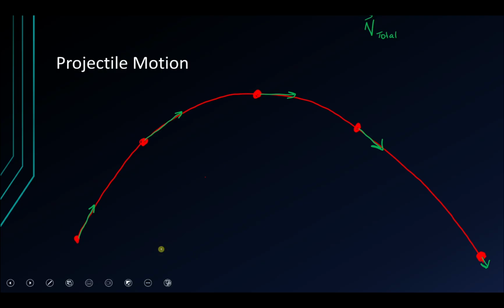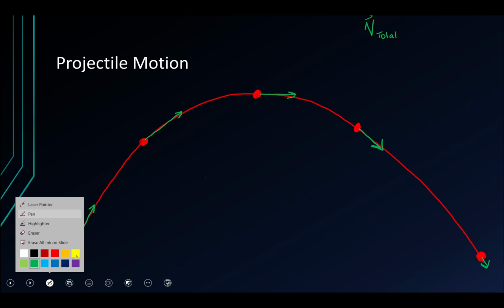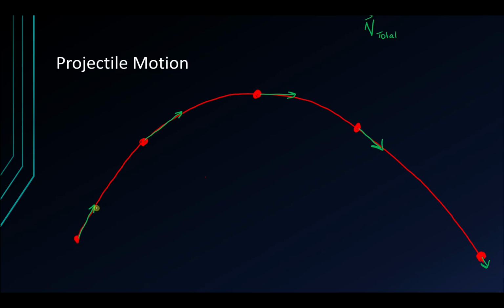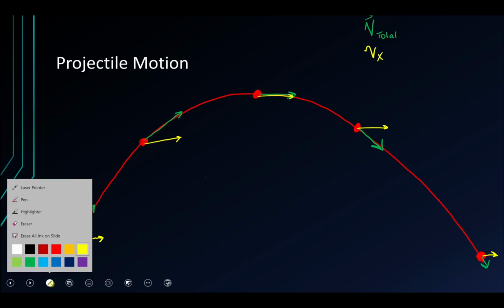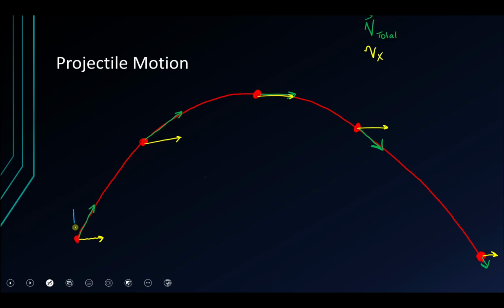So to do this, we're going to do right triangles, right? So the x component of the velocity is going to be in yellow, and I'm going to put my y component